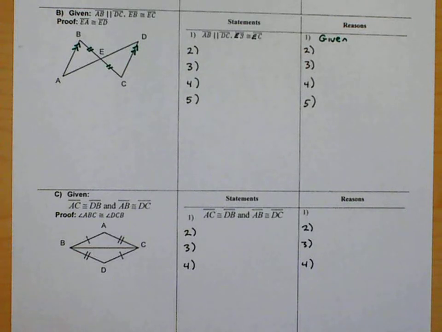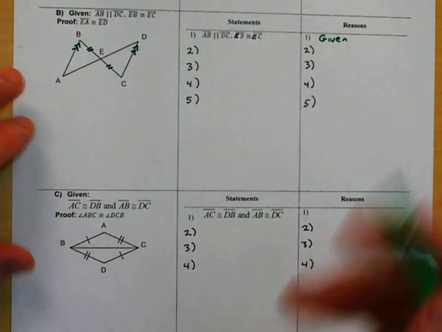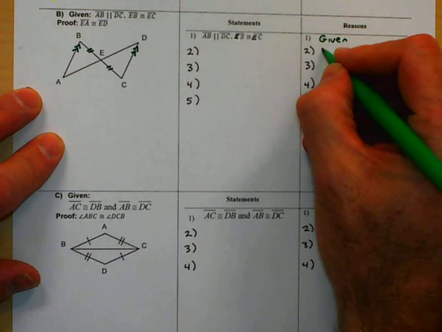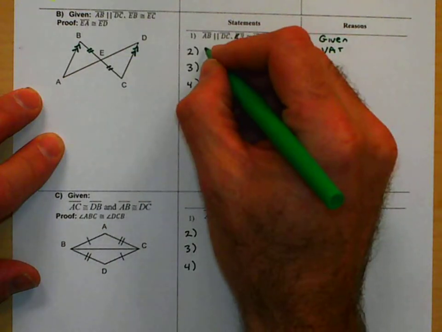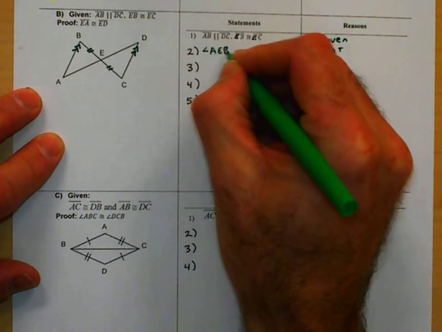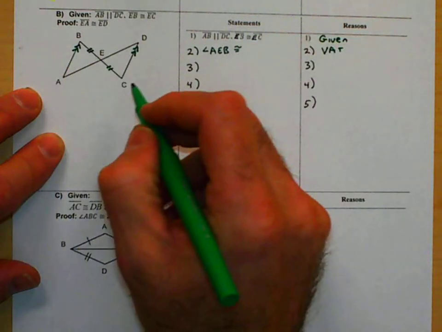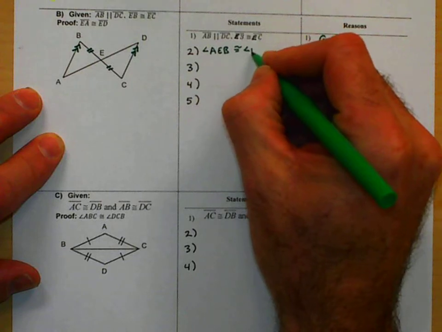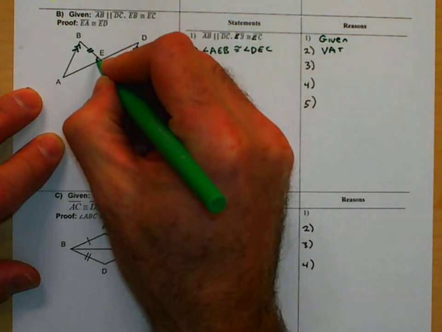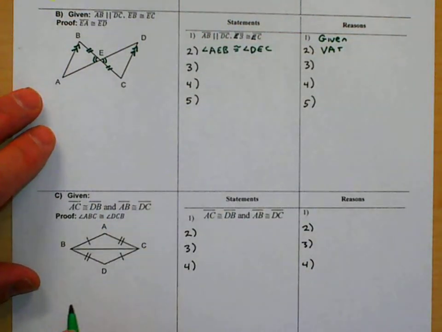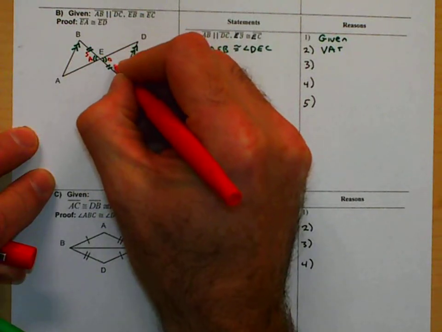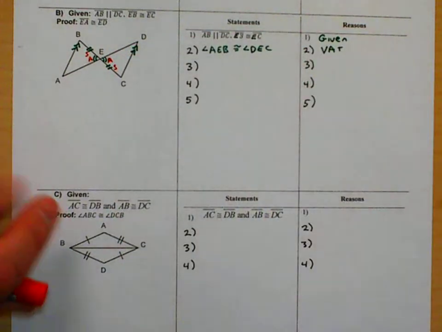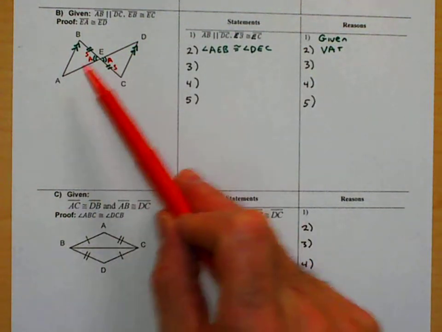Once I have my given information listed, now I can start looking for other things. In this case, we have lots of ways to prove angles congruent. I always think shared side and vertical angle theorem is probably the first thing I'm going to mess with. And here I do have vertical angle theorem giving me that AEB is congruent to DEC. So now I have a side. Anything else, I would be in trouble because I need three things always to prove triangles congruent. I'm going to need the triangles to be congruent to prove that AE is congruent to ED because it's nothing